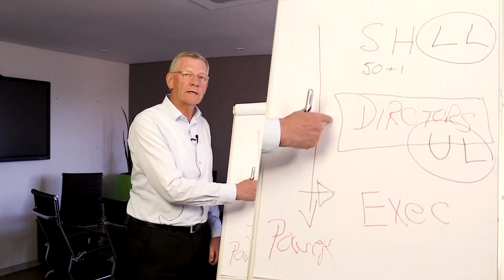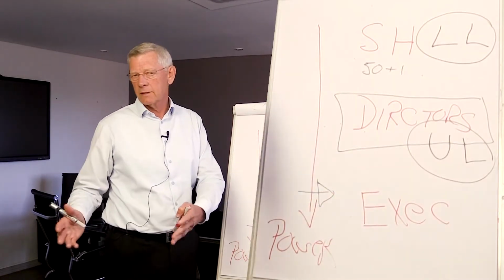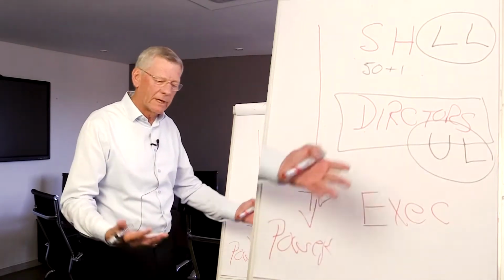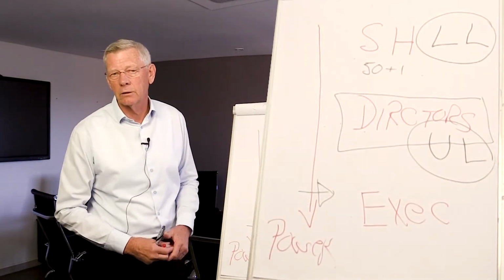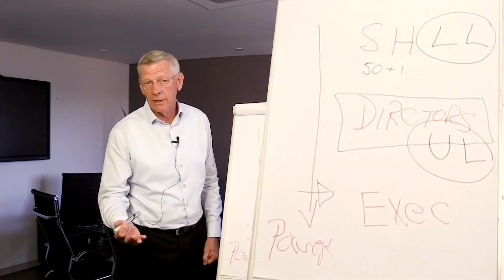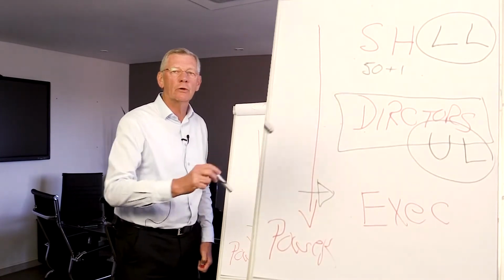Post the event at the next meeting, he or she will tell you, I spent the money on this and that's why I did it. If you don't like it, you have the discussion, a robust discussion, and you decide on what should be done next time. Anything, for example, if it is R1 million, anything over that has to come to the board to get authority